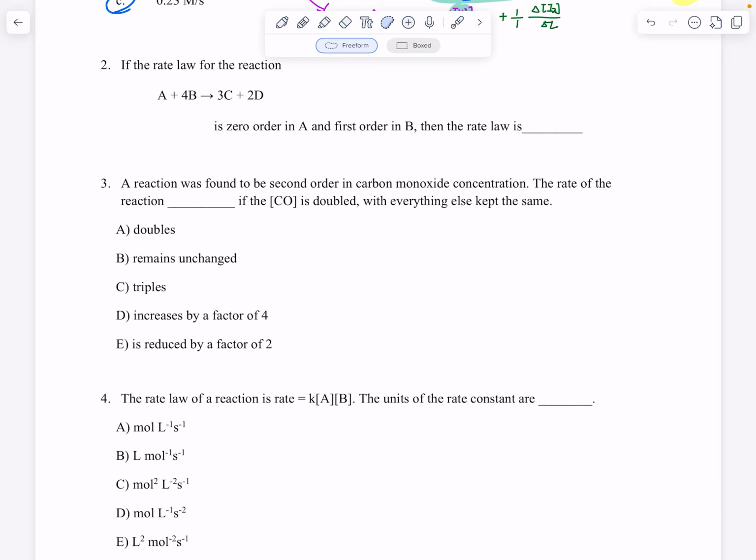Hello, in this video I explain questions 2, 3, and 4. They're all related simple rate law questions. Okay, so rate law. First and foremost, as always, we need to review the core information, what rate